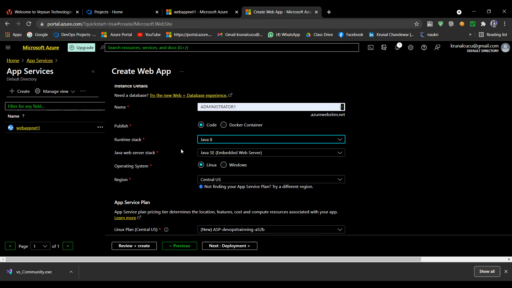If you are selecting Java, it automatically selects Linux. If I'm selecting .NET, it automatically selects Windows. .NET Core is what I told you about.